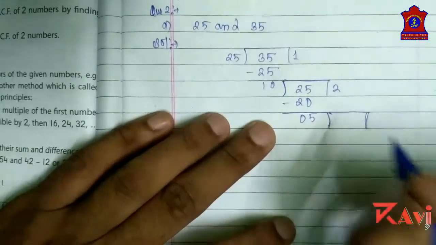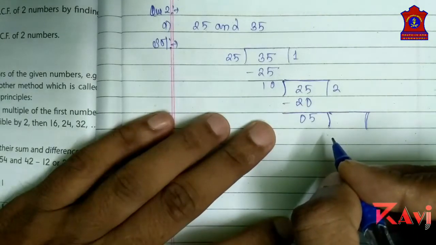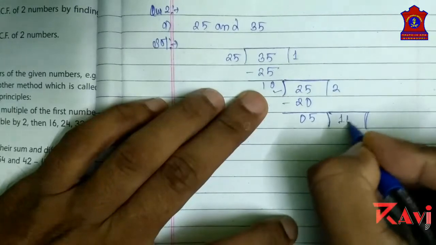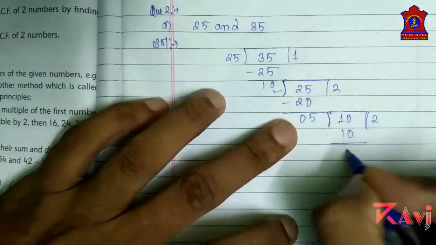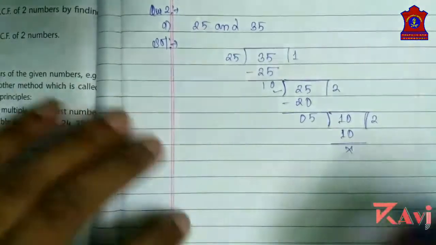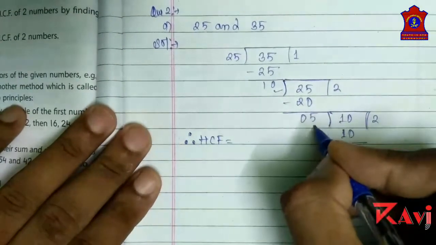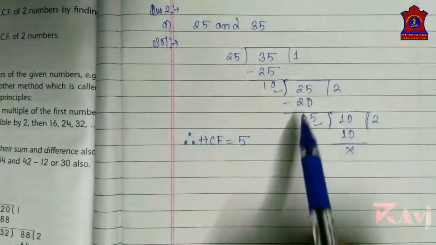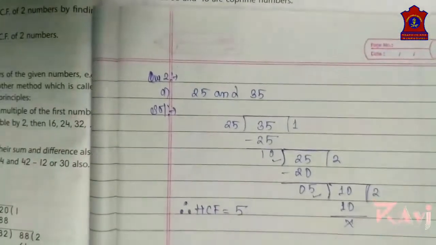Again, next division box. You have to divide till you're getting the remainder as 0. Otherwise, your HCF will not be correct. Now, the previous divisor becomes a dividend here. 5 into what makes 10? 5 twos are 10. Clear? Here the remainder is 0. Therefore, HCF equals the last divisor, 5. Clear? Like this, you have to do this question. Is it easy? Yes. Now, let's check one more question.